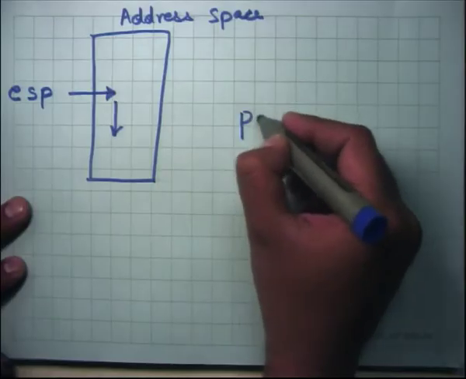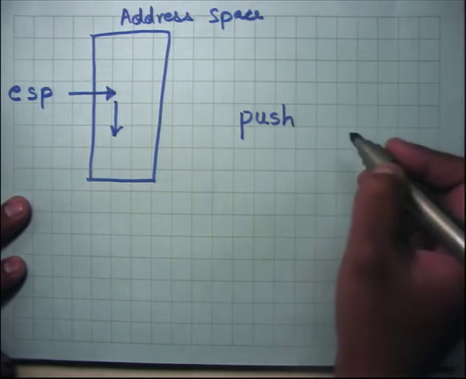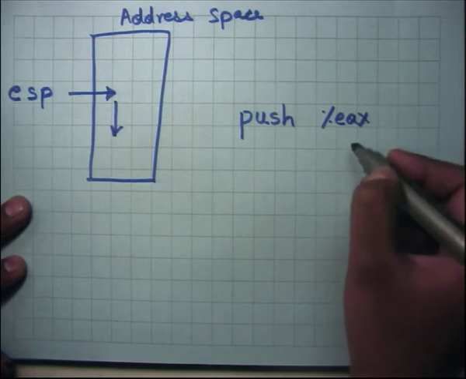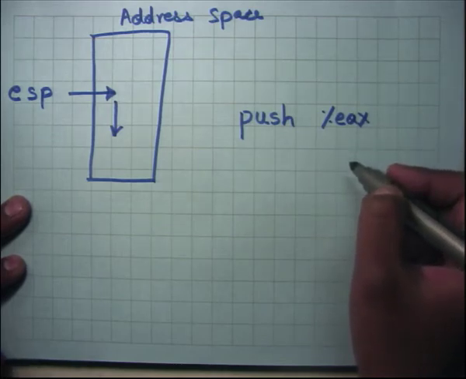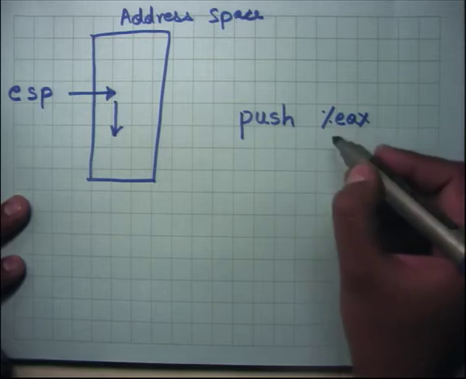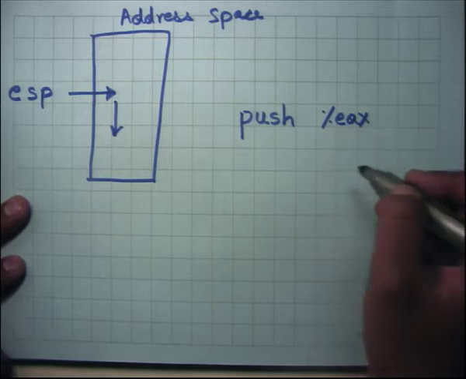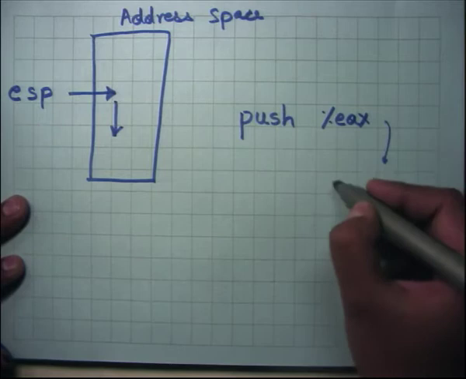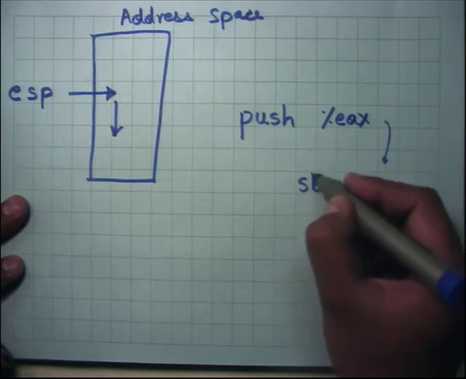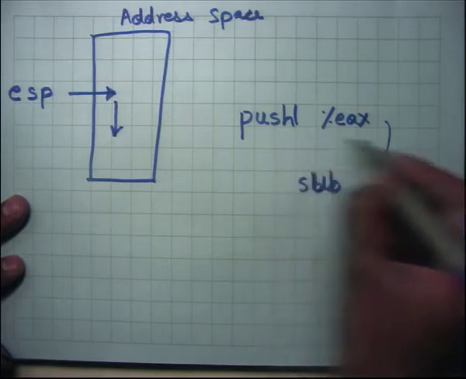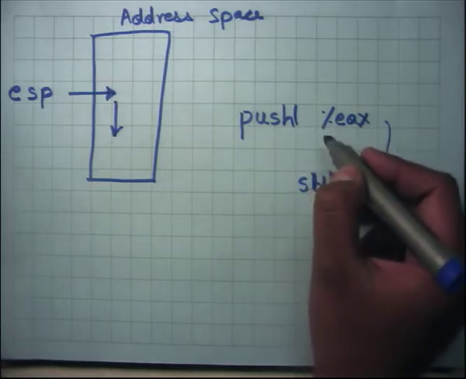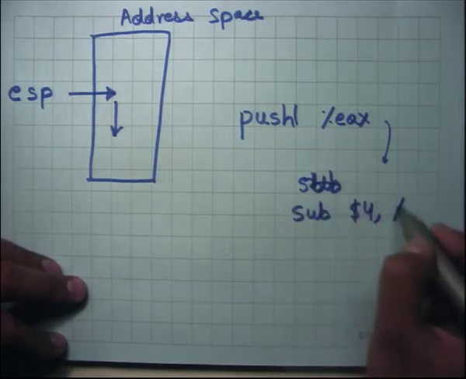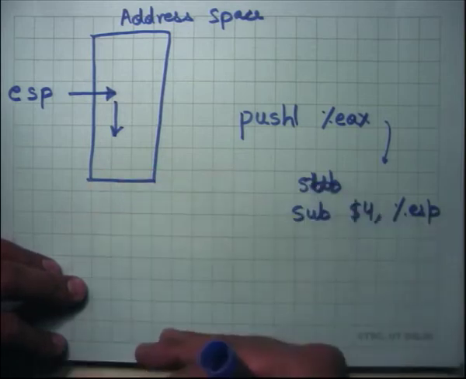There are some instructions that actually access the stack. For example, push: I can push a register onto the stack, or I can push an immediate value, or I can even push a memory operand. This can be replaced by a register, immediate, or memory, whatever you like. The semantics of this are: in this case it's a pushl because I'm pushing a 32-bit value. 32-bit means 4 bytes. So it basically means subtract 4 from ESP, grow the stack downwards,